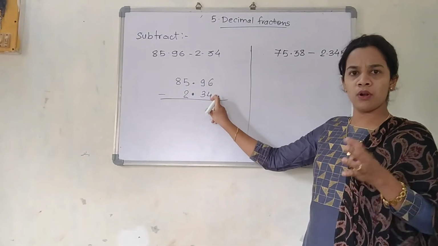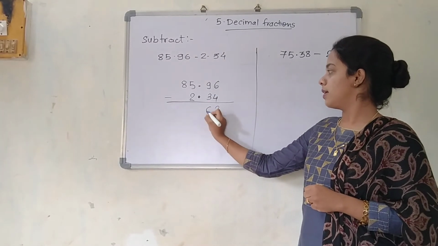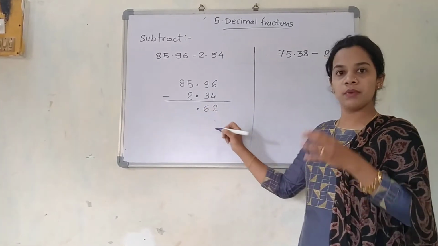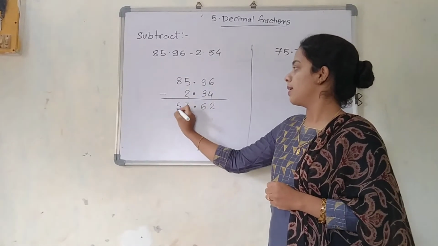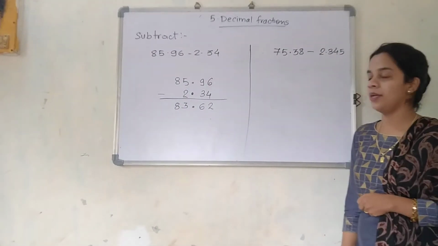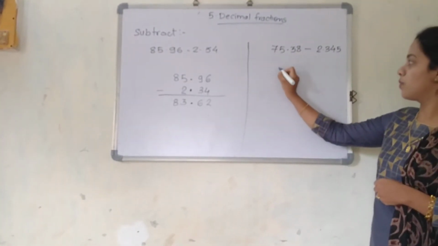6 minus 4, normal subtraction will do. 6 minus 4 is 2. 9 minus 3 is 6. Point down to the decimal, that will be point over here. 5 minus 2 is 3, and 8 as it is over here. So the answer is 83.62. Now focus for the next part, next question, that is